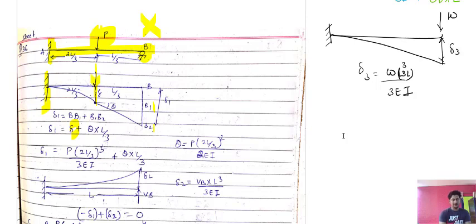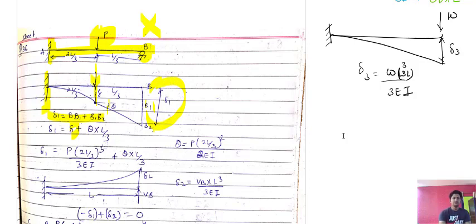If you have the value of delta here, now calculate the value of b1b2, and the b1b2 value will be calculated using the concept that theta into length will give you this value. So this is the value of the deflection at this point. So I have got this concept.